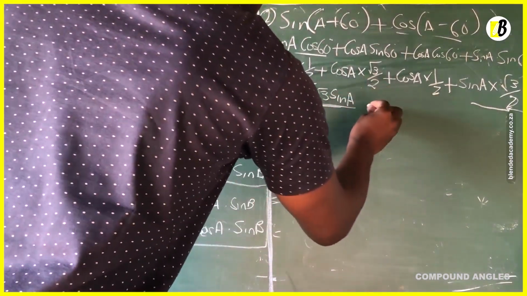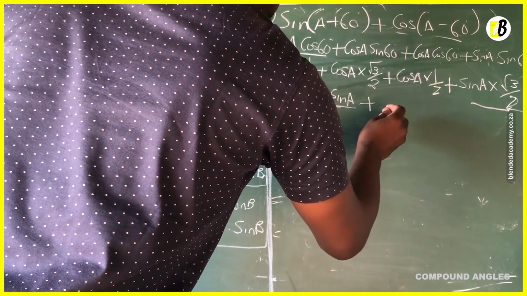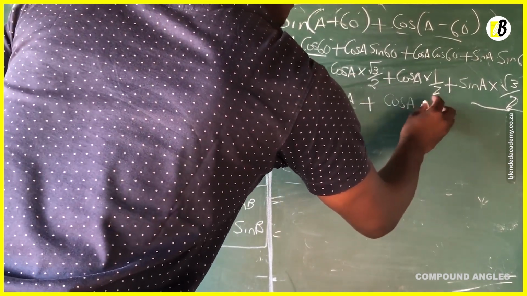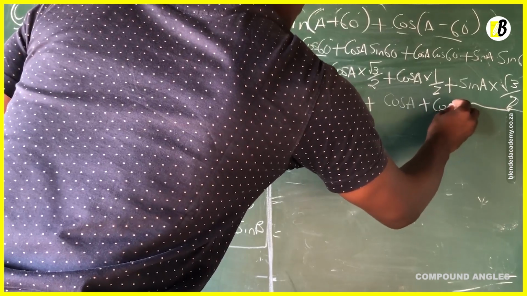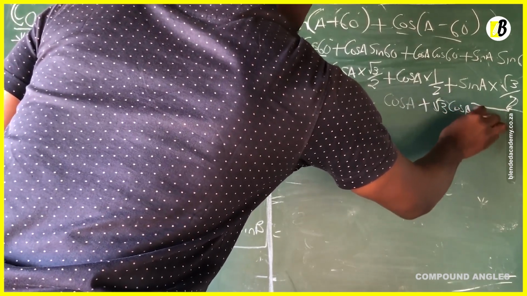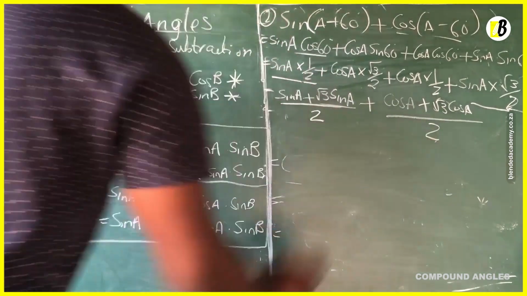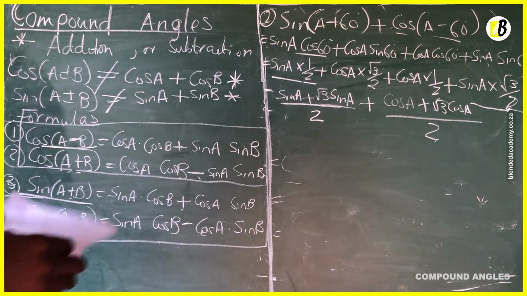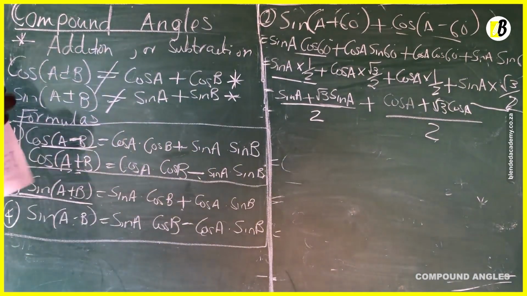And then with this one, it's going to be plus cos A plus square root of 3 multiplied by cos A divided by 2. That's how we're going to simplify this expression. And then from there, this expression cannot be simplified any further. Let's move on now to